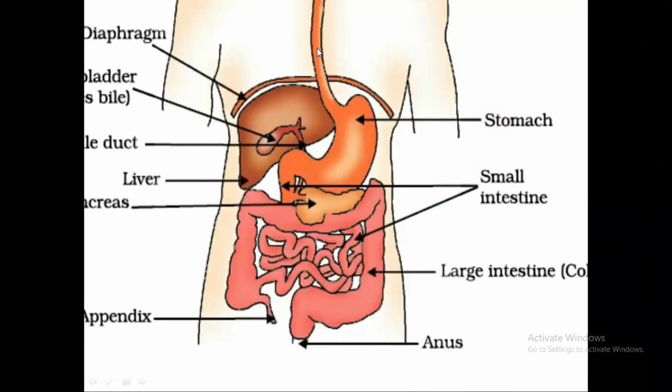Then it reaches the stomach. This part is known as the stomach. And this portion is the small intestine. This is the large intestine. Here you can see the anus. This organ is known as the liver. So what all changes take place from the mouth up to here we have completed, and we can study